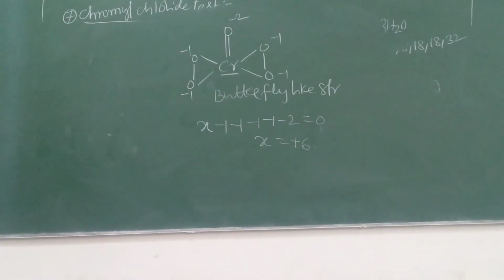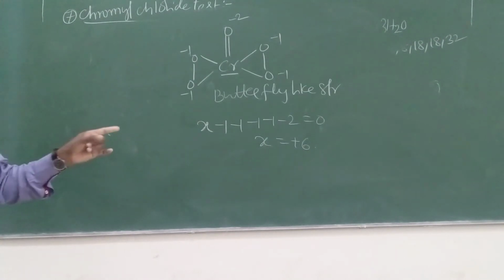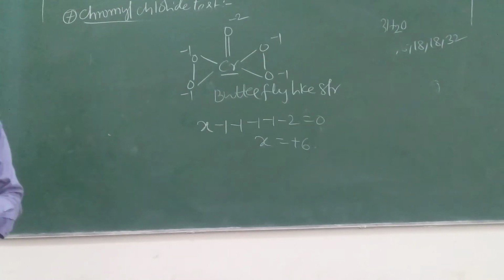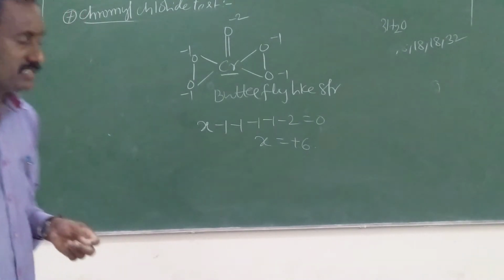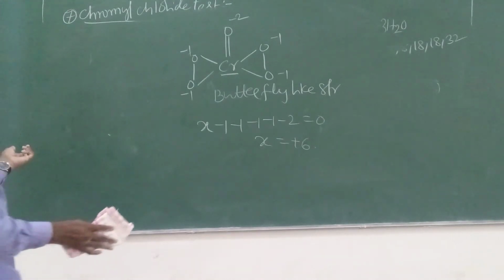How do they ask the objective exam question? Acidified potassium dichromate is treated with hydrogen peroxide and a deep blue color compound is formed. What is the oxidation state of the central atom? We remember the formula CrO5, but in a hurry we take the answer as 10. 10 is wrong. What is the correct answer? 6. Finished? So these are the chemical properties of acidified potassium dichromate.